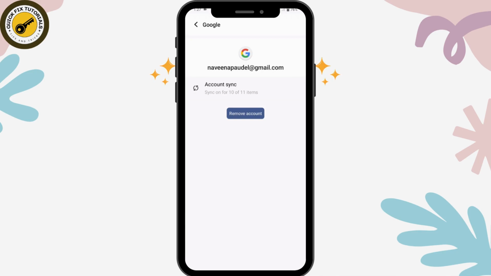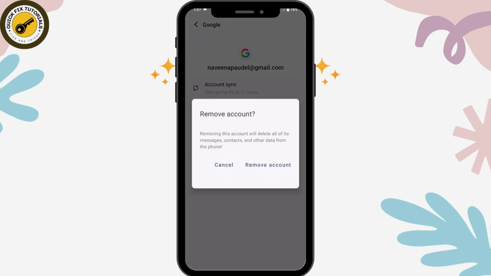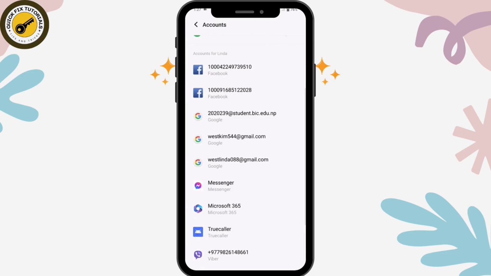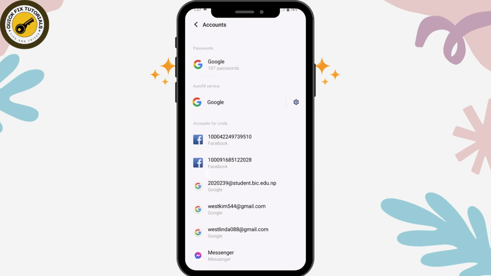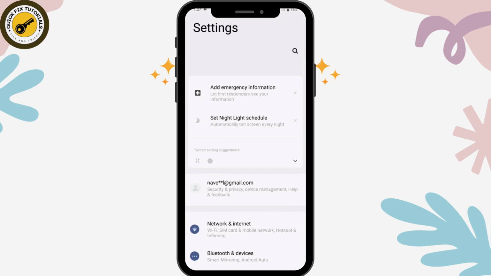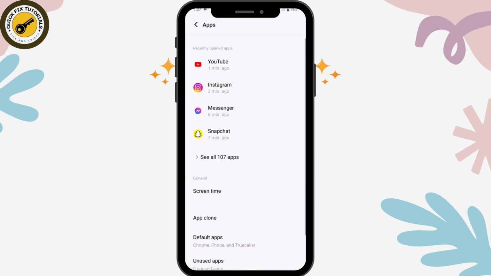and after choosing that, here you will have remove account option. Simply tap on remove account, and then tap on remove account again, and after removing your account, now you can simply go back and then again go for